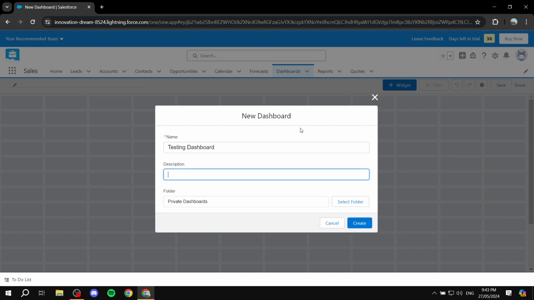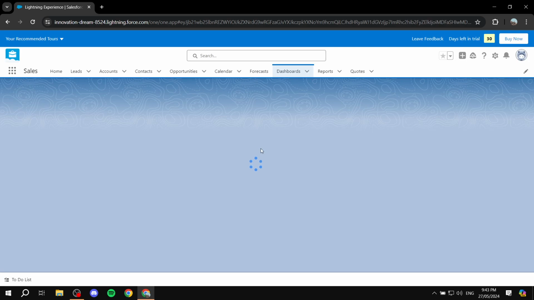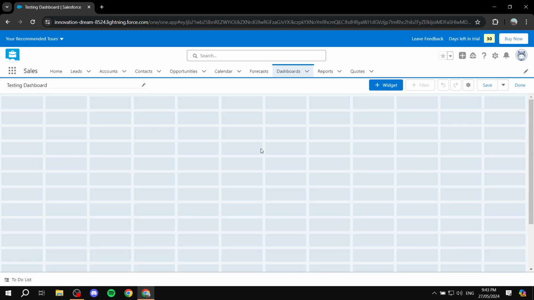If you want to give it a description, dashboard for viewing tests or whatever it may be. Now again, you will have the folder, same thing here. If you want it to be private and only you can see it, then just keep it as this folder. If not, you can select folder and just change it to a different folder, which is going to be public. Create. Once you're done and happy with your folder and the name, and now we should have the empty canvas,